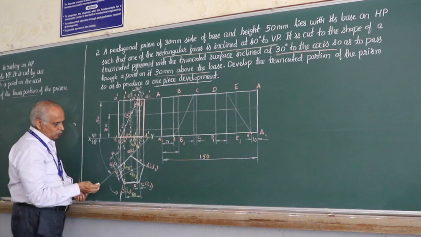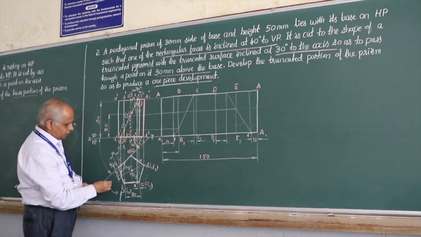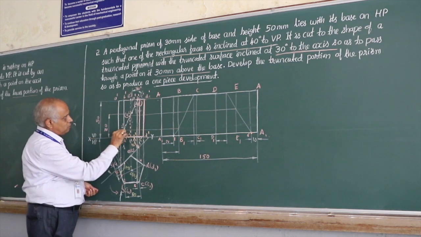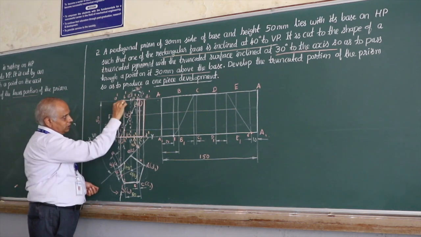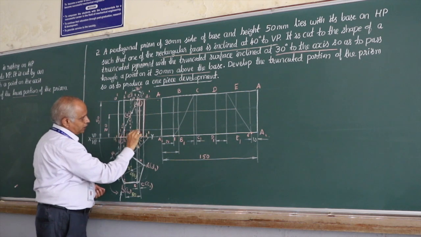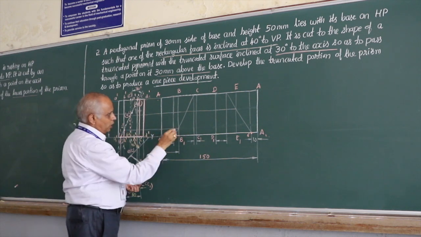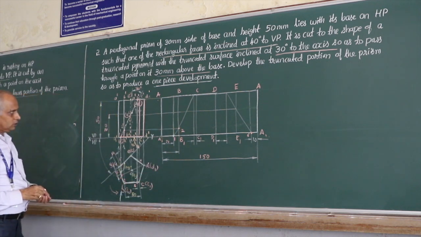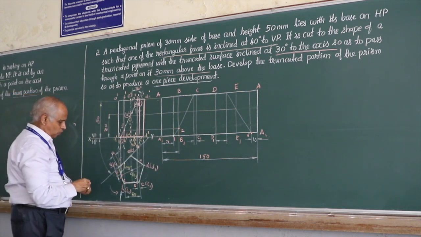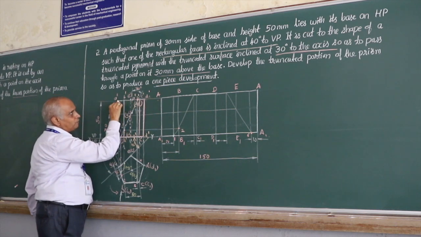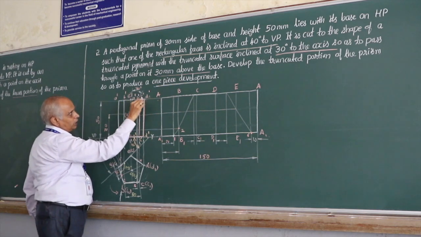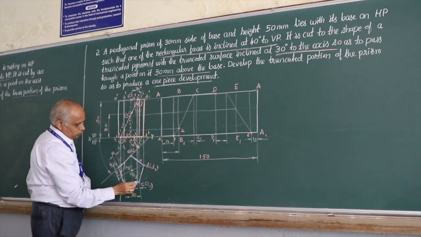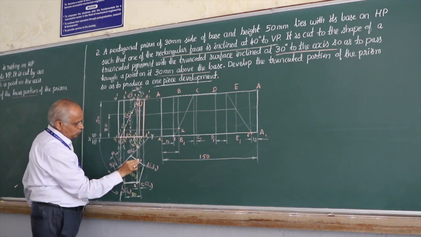Now, if you want to locate the next section points, 1 is over, go to 2. 2 is on vertical edge BB1. And remember, this is in true length. Therefore, directly project it. You get section point 2 on development here. Then 3 and 4, if you observe, are on the top face. Now this is not in true length. None of these edges are in true length here. So when you project it down, you could have located 3 and 4 here.